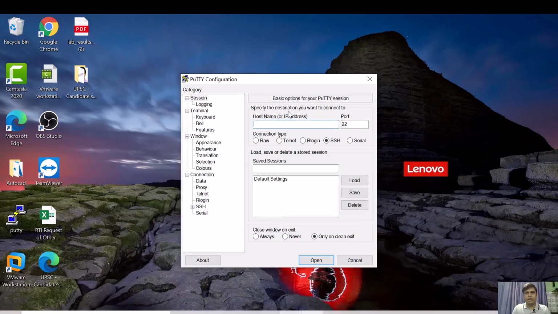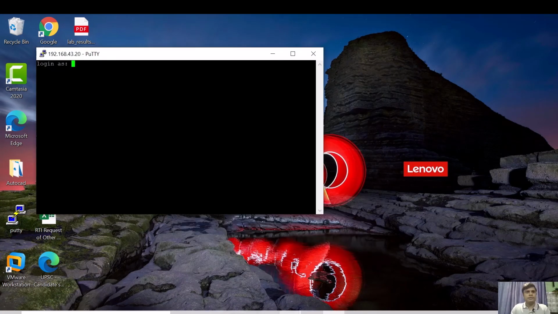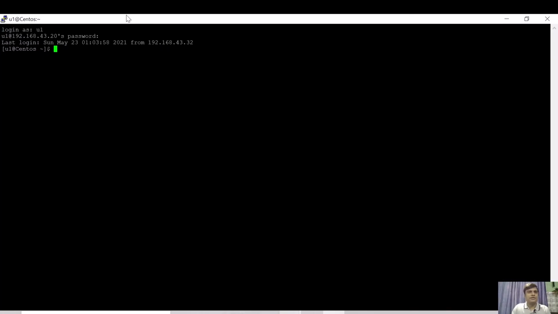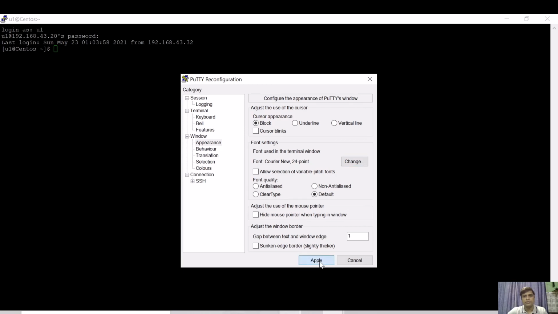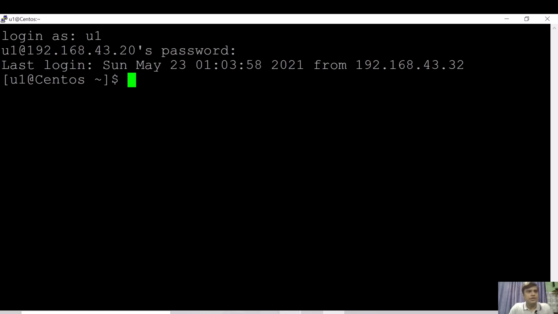Just log in into this PuTTY with 192.168.43.20, enter, and use your user U1 to log in into the system and use the password root@123. See, you can log in into this system as well. You can increase the size right from here, in the settings. Press OK and apply. See, we are logged in as U1, right?